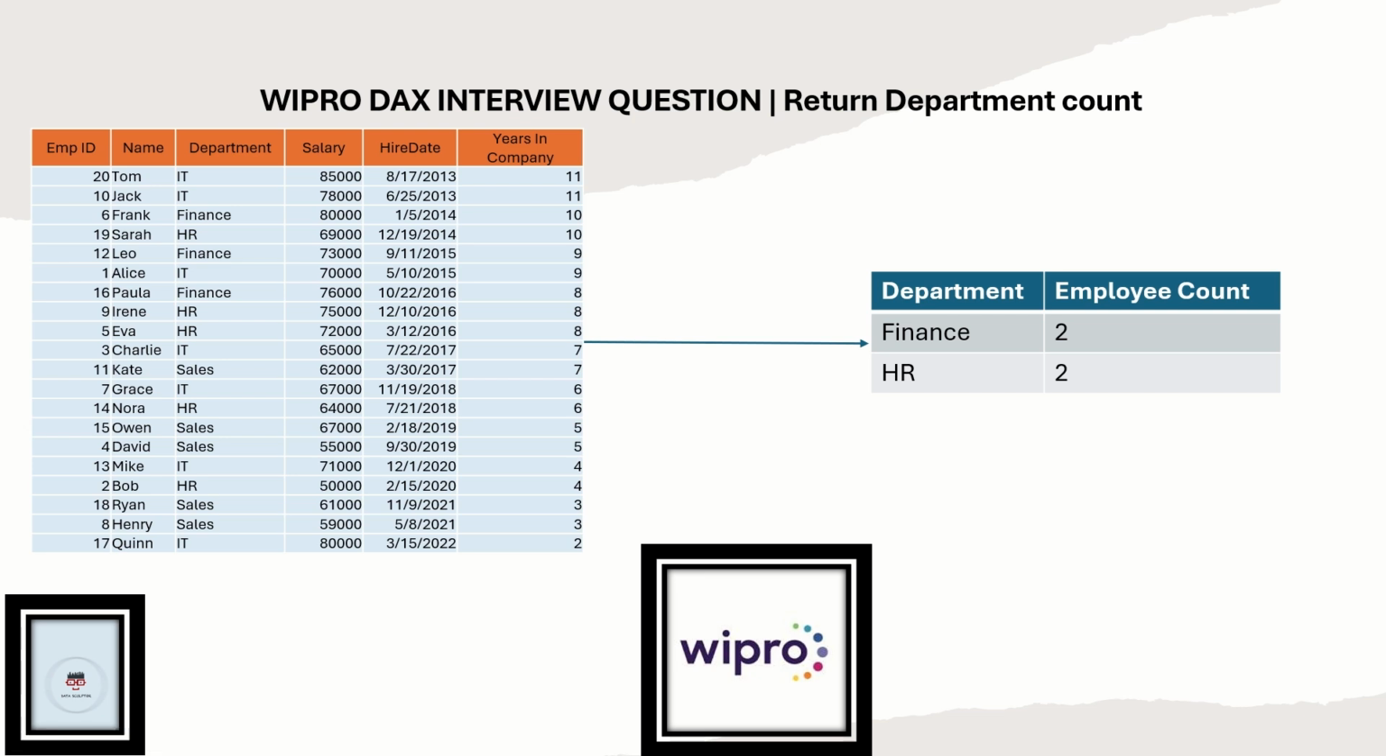Today we are going to solve another interesting question. This time we will be solving it using DAX. We have a table called employee with these columns: employee ID, name, department, salary, hire date and years in company. You need to return the employee count for the departments. We have some filter conditions to be applied on the data, and we will discuss in detail in the video what the filter conditions are and how to write them